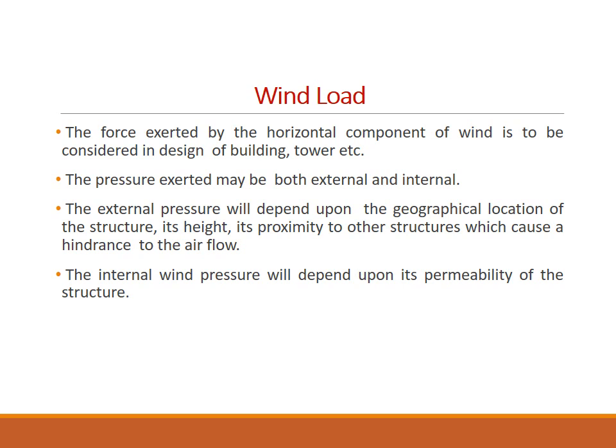Permeability of a building means the total opening area in the form of doors and windows provided in the structure. If the permeability of a building is less than 5%, it is a low permeability. 5 to 20%, it is a normal permeability, and if it is more than 20%, it is a high permeability. If you consider a godown storage, it comes under low permeability. Normal residential buildings come under normal permeability, and for industries where a large number of workers are working at a time, we have to prefer high permeability.